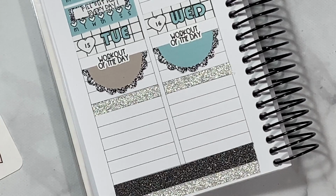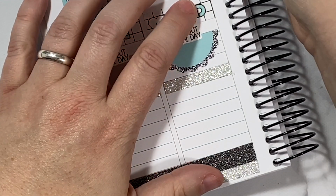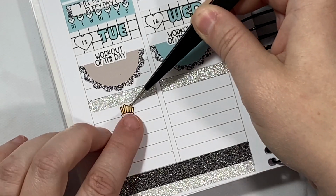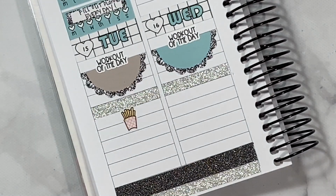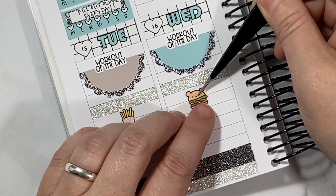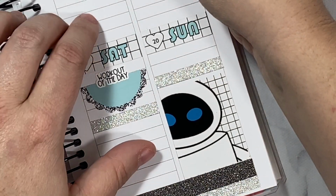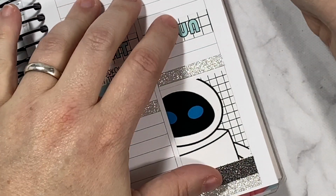So I think this is what we'll do. Let's go, the burger guy, and then the fries. Not that this is going to be eating out every day. We only eat out a couple of days a week, sometimes a few nights a week. It just depends. So burger, fry, burger, fry, burger,